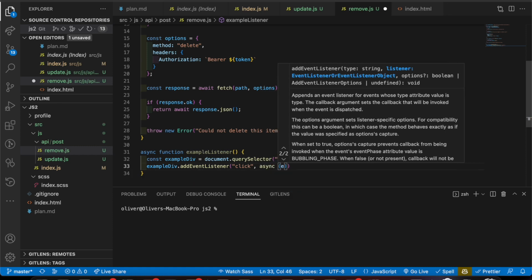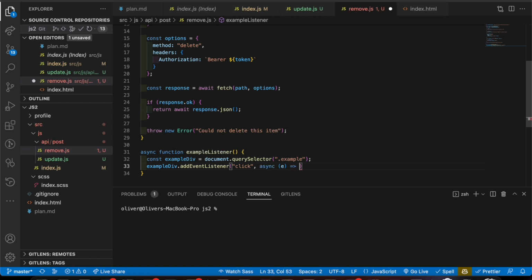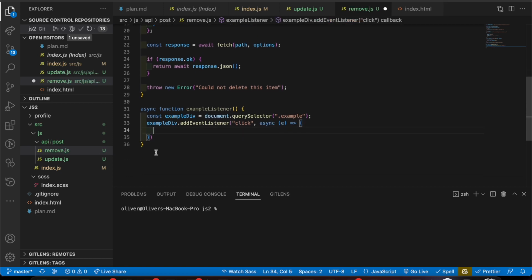So this also has to be async. This event handler function has to be asynchronous if we want to use await. And then we can say in here, await